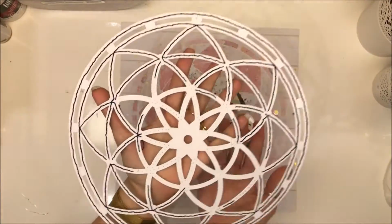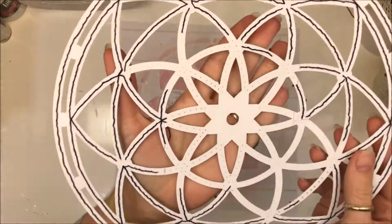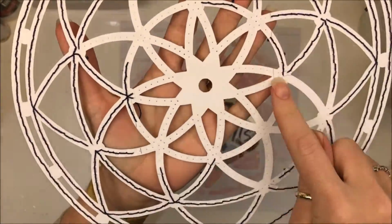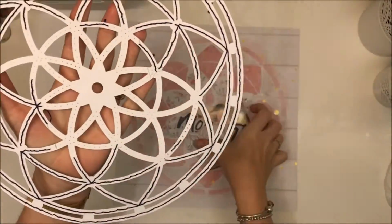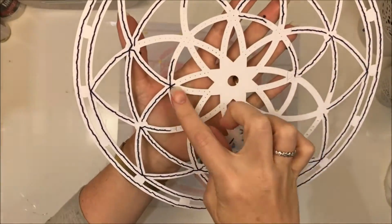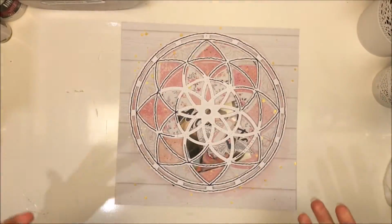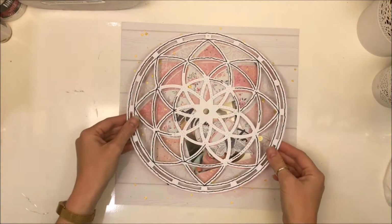Alright, so as you can see, I have done all my stitching on here. I don't know how well you can see, I've marked here, I did set out all of the bits that I wanted to use. I set them all out on here, and then I've marked where all the bits are going so that I don't stitch where I'm going to cover up, because that would really be silly. I